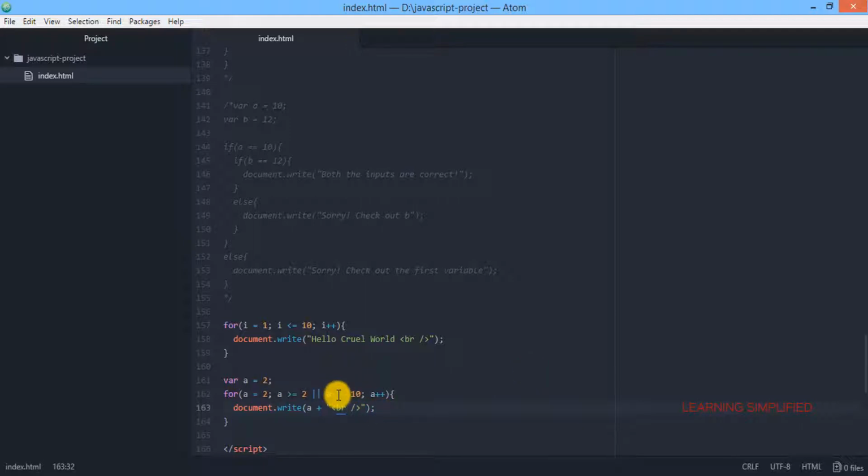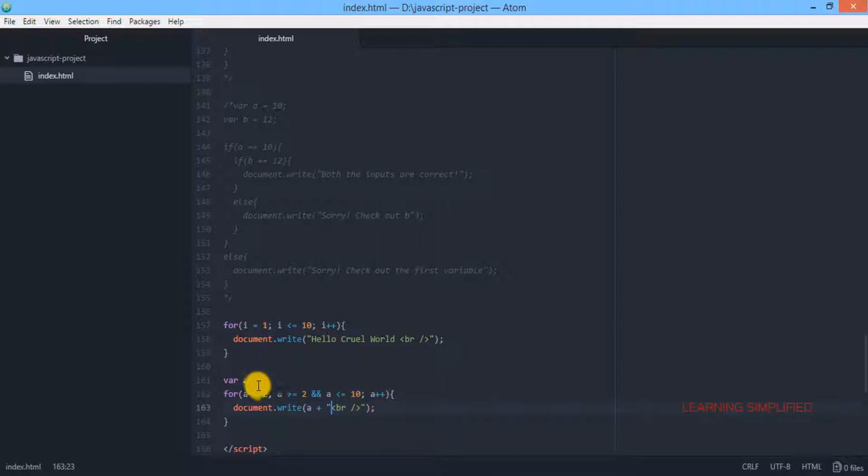And another thing is NOT: if a is not equal to 10, or if a is not lesser than 10. So in this particular case we are ensuring that both the conditions are satisfied over here. If both the conditions are satisfied, then there won't be any obstruction and the document.write will execute.